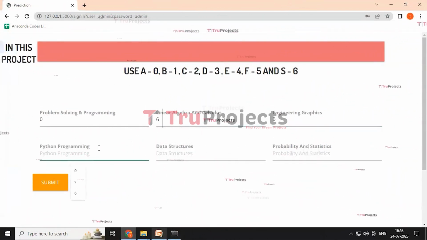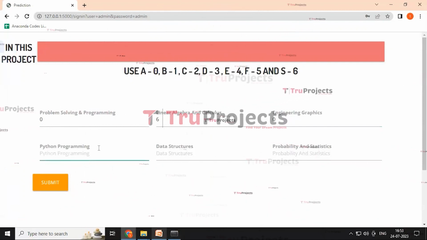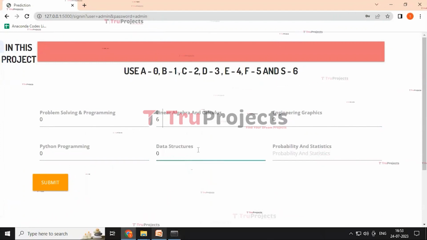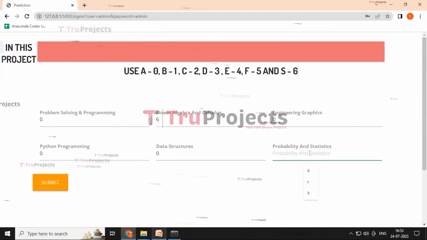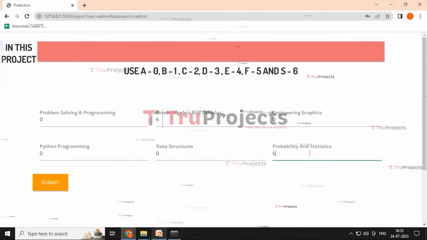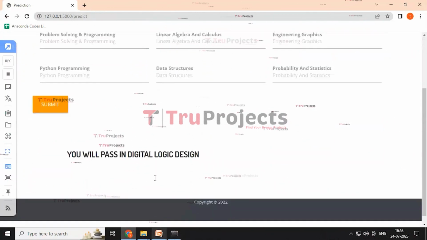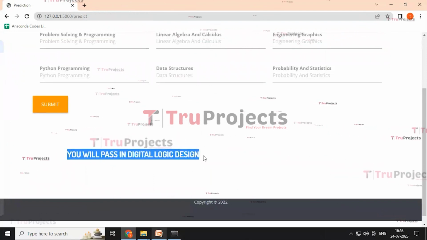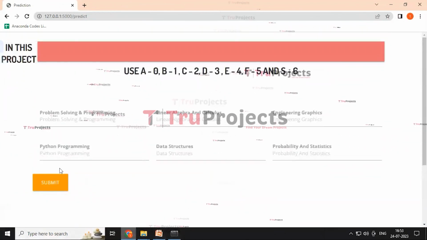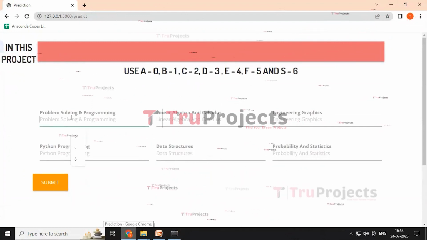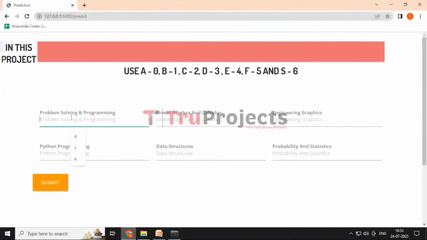And the Python programming as 0, that is A. And the data structures as 0, that is A. And the probability and statistics as 6, that is S. And then click on the submit button. Here it redirected, saying you will pass in the digital logic design. In this way we will predict the student's performance, and we can re-enter other details as